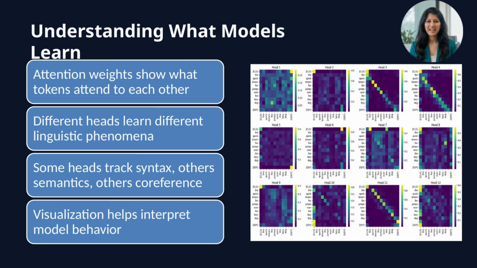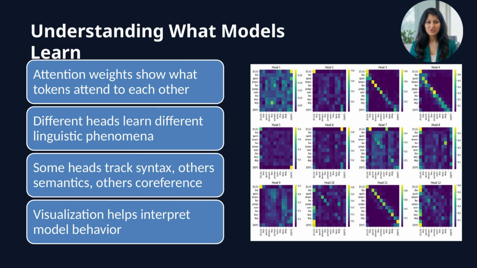One of the beautiful aspects of attention mechanisms is that we can visualize what models learn by examining attention weights. Attention weights show how much each token attends to others. For the sentence "The cat sat on the mat," we can visualize which words the model focuses on when processing each word. Often we find interpretable patterns. The word "sat" might attend strongly to "cat," its subject, and "on," its preposition. The word "mat" might attend to "the," its determiner, and "on," indicating location.